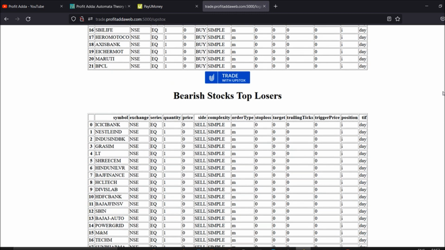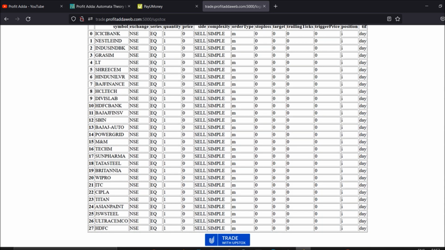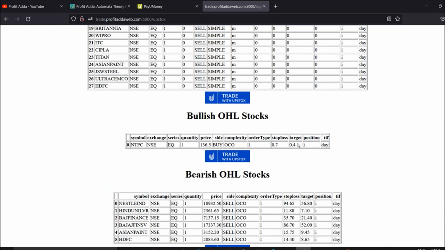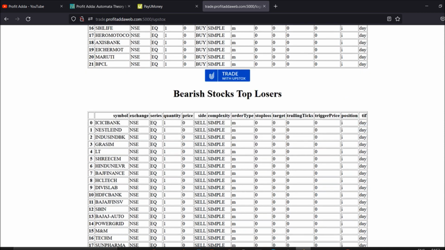Now what we're going to do is add filters one by one. Suppose we got bullish stocks. Now we need to check with our OHL as well, whether it is standing for OHL or not. Whatever bullish stocks I got, I filter them further by checking open equals low, especially for bullish stocks, which are already in a buy trend. If I say NTPC, it means it is bullish itself. I think NTPC is here, so it is available in OHL as well.